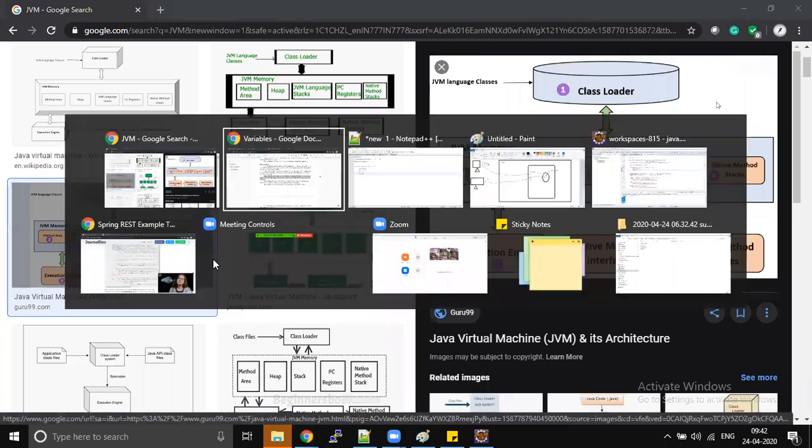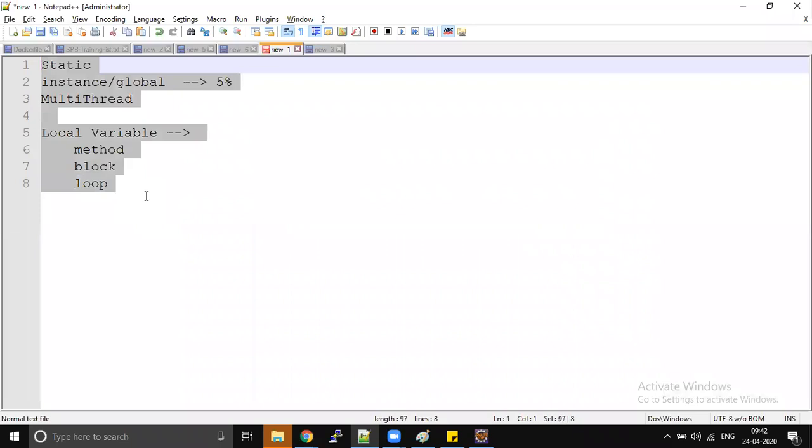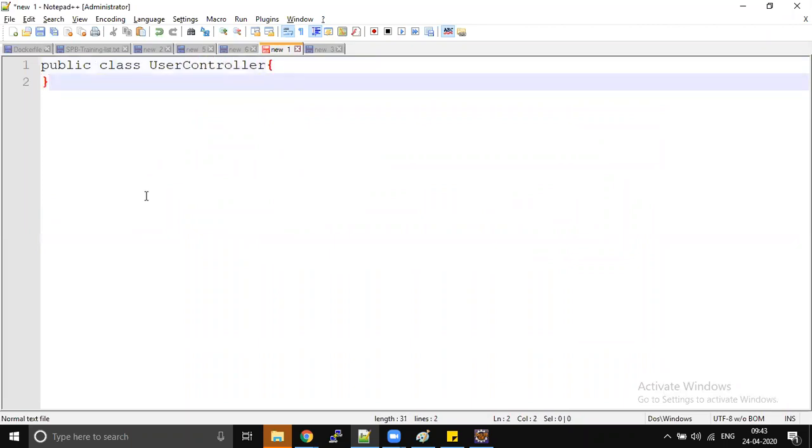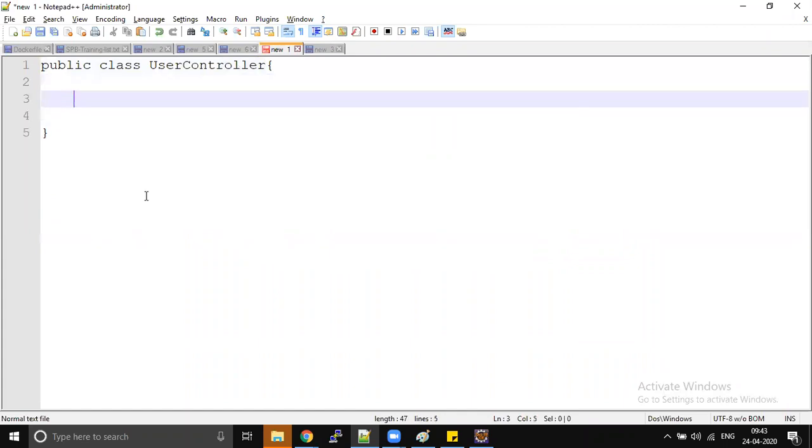If you create something like this, for example, public class UserController, I'm just showing this for example purposes. Don't get confused about what a controller is at this point. Once we jump into Spring MVC, you will understand what a controller is. Now let's assume this controller is a class that holds user information. If you write something like public User user = new User, or we get this data from some DB or some service, that is what happens in real time.